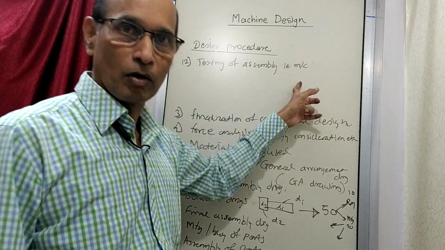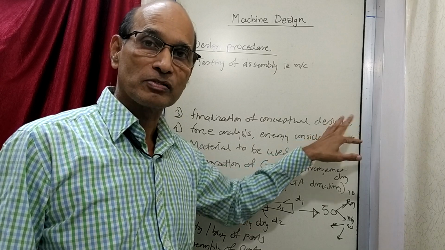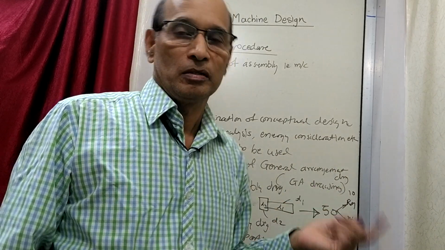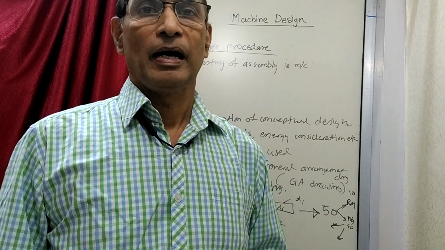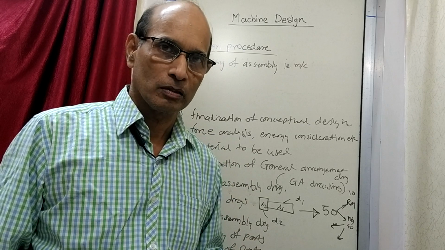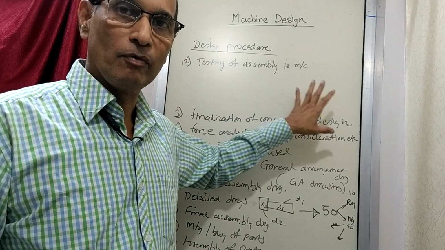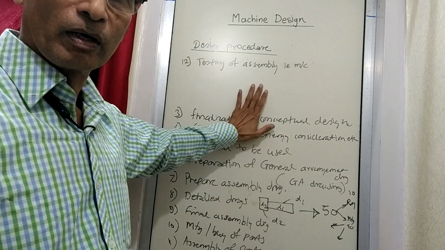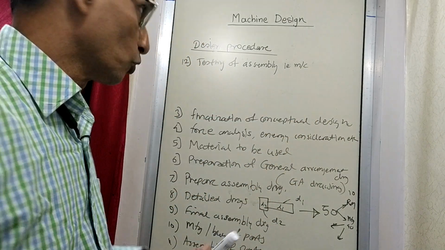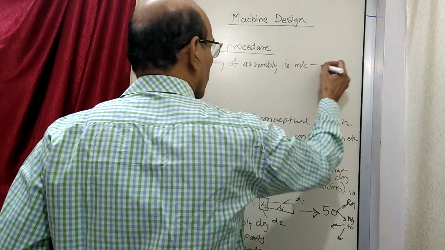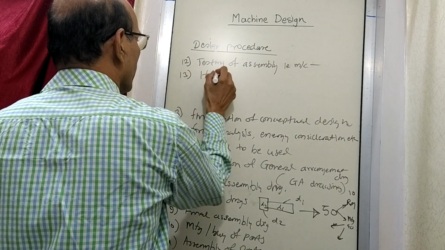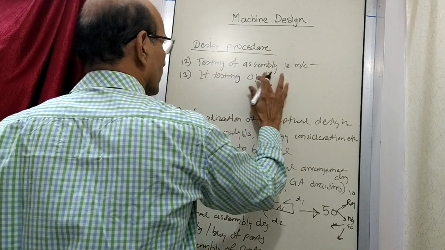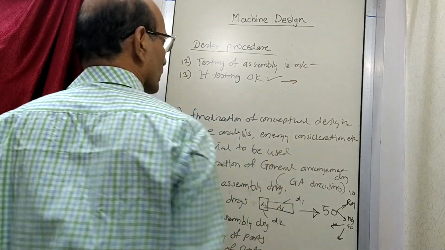And again check after the modifications are done. If there are still problems, again make the necessary changes and do it again. So you have to do this maybe some number of times, and then at one stage your assembly is working the way it should be. And once that is done, at this stage your work is about to be over. So once the assembly is working, if testing is okay, now your work is over.